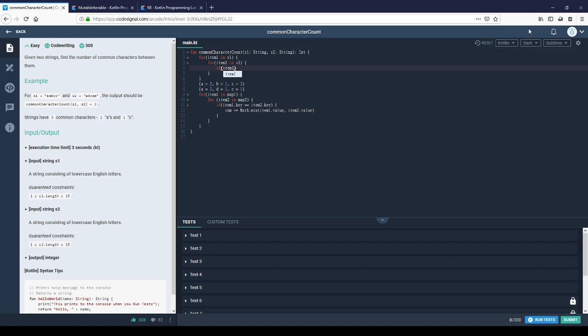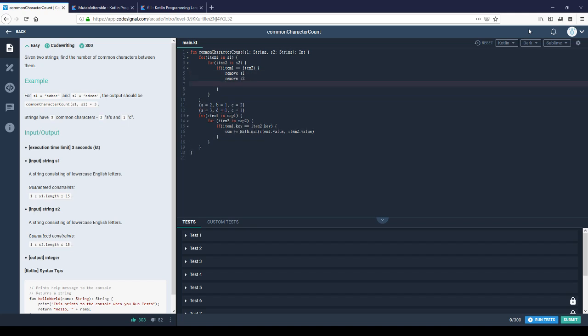If item 1 equals item 2, remove from S1 and remove from S2 and sum plus. Actually, I don't know, maybe this performs even better than this one, because we need to first allocate